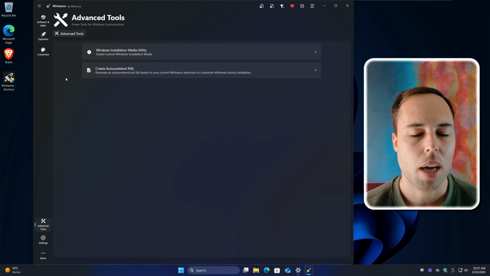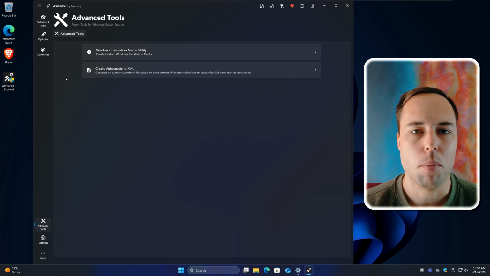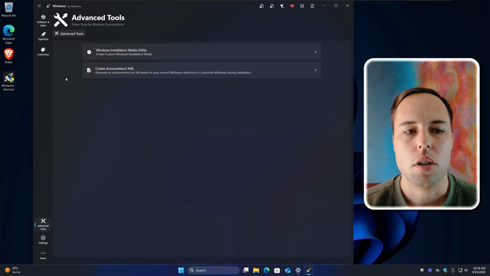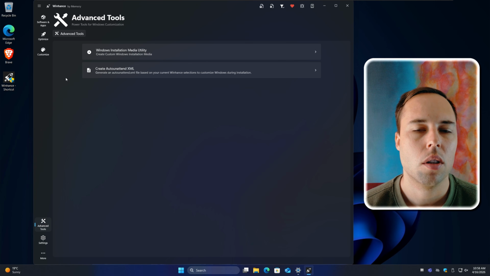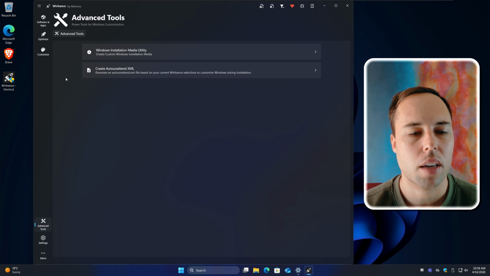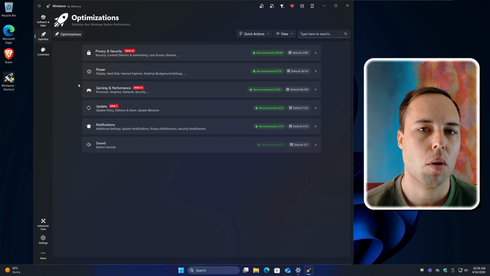But the big idea behind it is to also help you with your deployments if you deploy multiple Windows machines, or if you're just someone who regularly formats their home PC and reinstalls Windows, then you don't have to jump through all of the manual hoops every single time to get every single setting in Windows the way you want it.